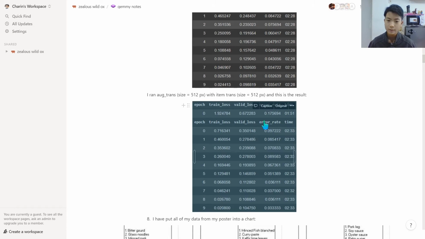This is because when I do aug transform, it resizes my image to 512, but it still does augmentation on it, which means it still twists it or rotates it. So that's why I was experimenting with item transform with augmentation. So here I did augmentation with item transform, so aug trans and item trans, and the results were at 3.3% error rate, which was decent, but it was still worse than only augmentation